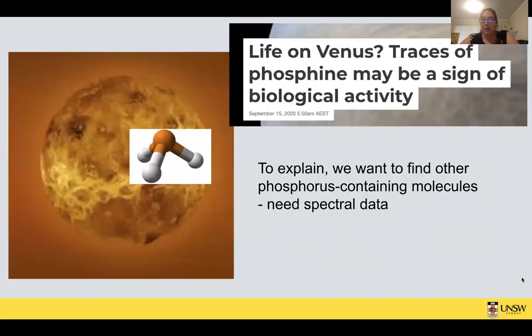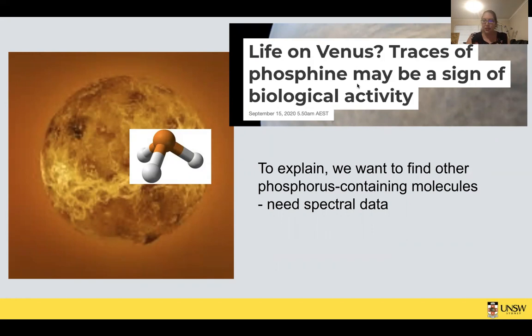Okay, so most of you probably know about the recent discovery, life on Venus, maybe. So traces of phosphine may be a sign of biological activity. And I know that the detection is disputed at the moment through processing concerns and things like that. But from a chemist's point of view, from a molecule point of view, I'm looking at this problem as